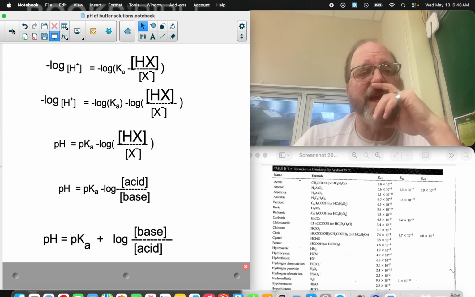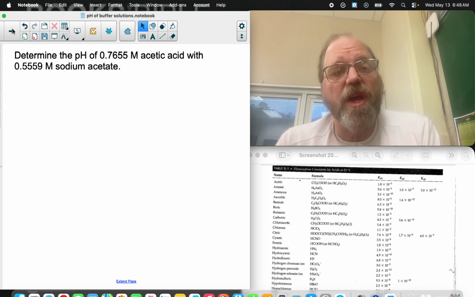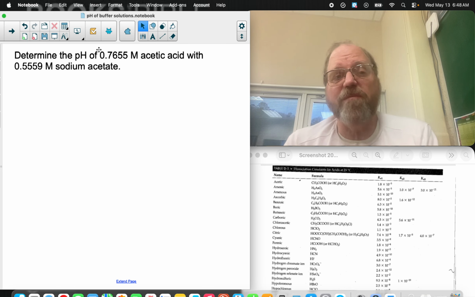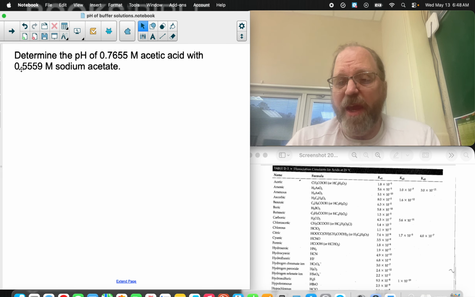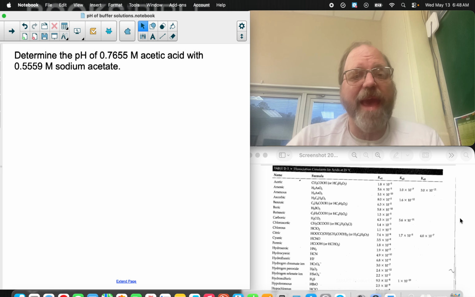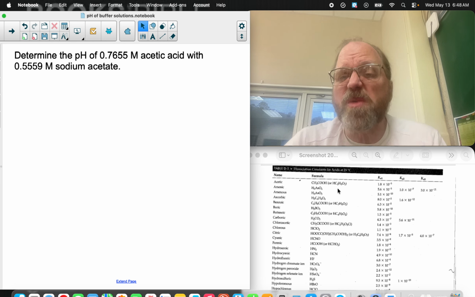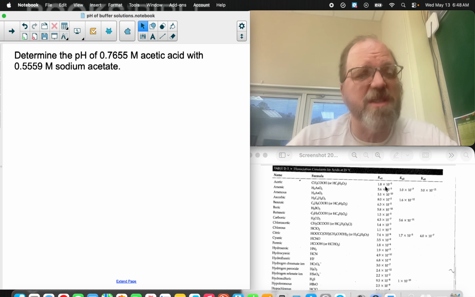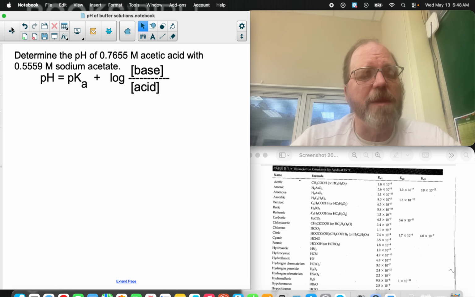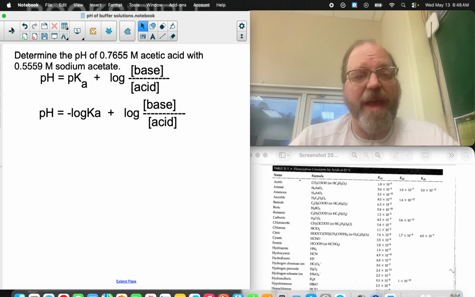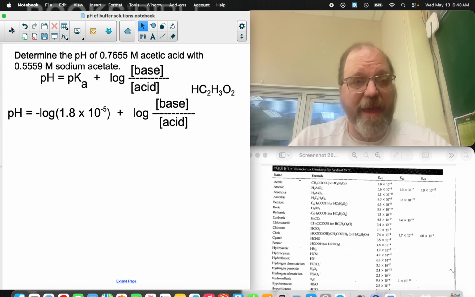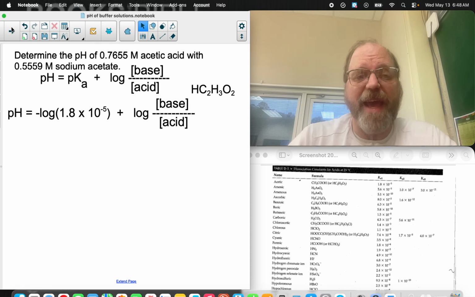All right, so let's take a look at an example. Determine the pH of 7.655 molar acetic acid. Over here, I have the acid Ka values, so we can find those. Acetic acid is right over here, 1.8 times 10 to the minus fifth. So we plug our values in. The pKa is the negative log of Ka. That's how we find pKa. Acetic acid, we said, is negative log of 1.8 times 10 to the minus fifth. So when we do that, we get